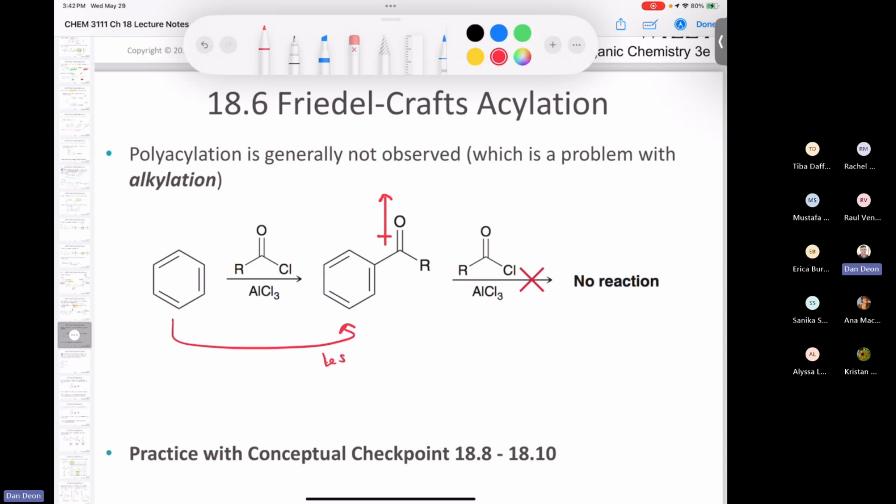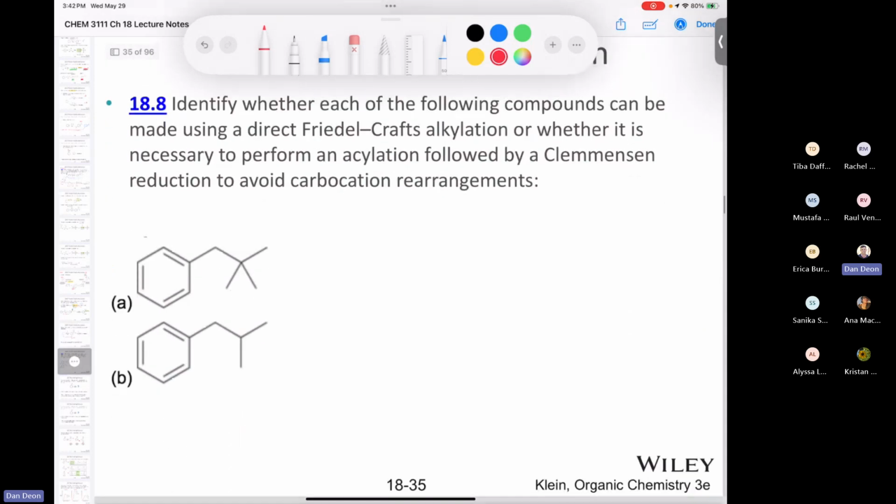So we'll put here less nucleophilic, okay, by virtue of that electron withdrawing group. So we don't get polyacylation, so don't worry about that. All right,